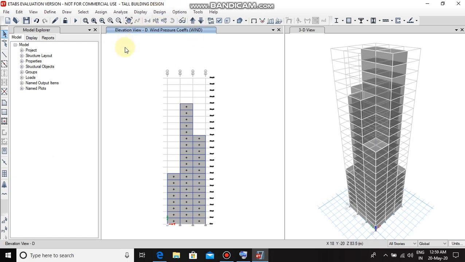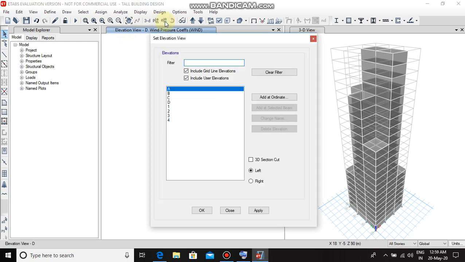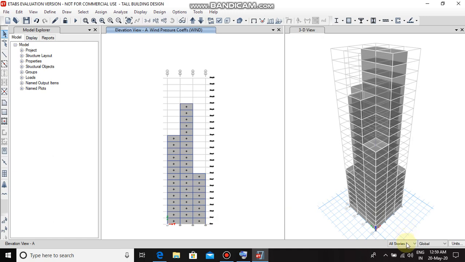As the elevation view is already selected, select side A, then OK. Select all stories.